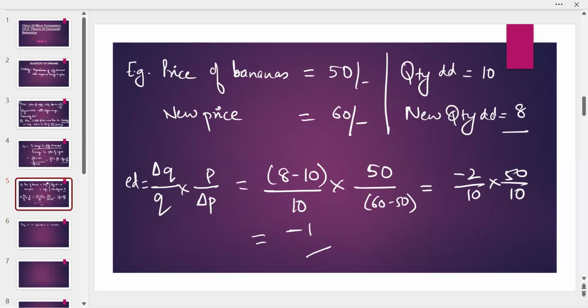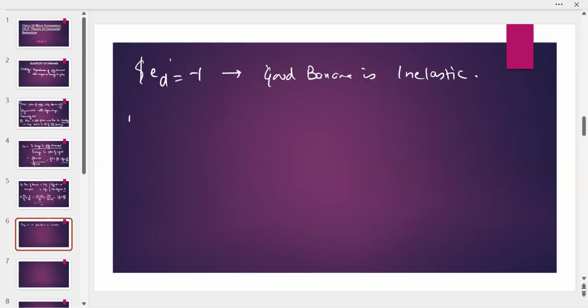That means that the percentage change increase in the price of bananas has not impacted the quantity demanded much. So the quantity of bananas is minus 2 upon 10. We have done it correctly. Okay, is inelastic. So I'll give you a general case that if the absolute value of elasticity of demand,